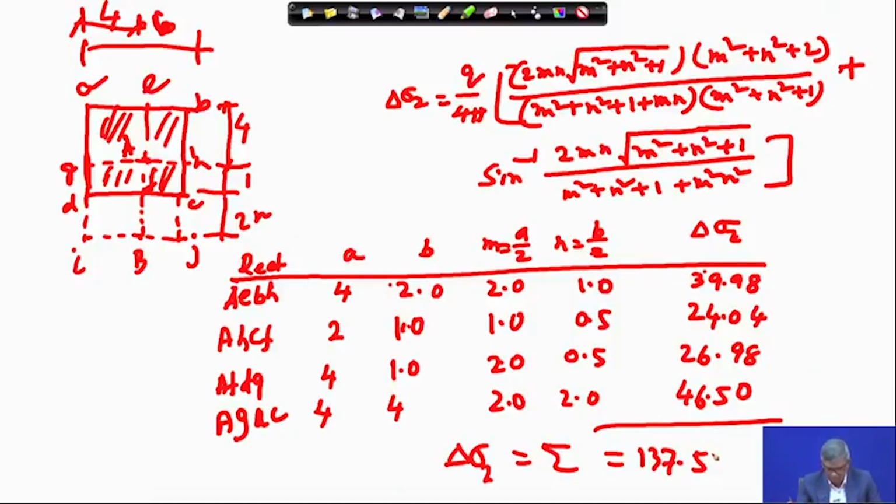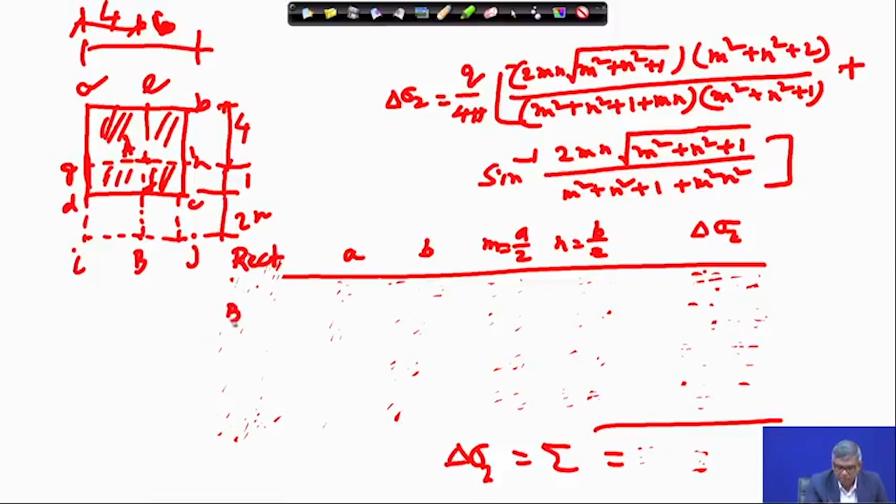So, 137.5, and that means at point A. Now, if I want to find out at point B, first will be BEBJ. So, I will take this portion, and for this A becomes 7, B becomes 2, M becomes 3.5 and N becomes 1, and if I put this in the equation, I will get